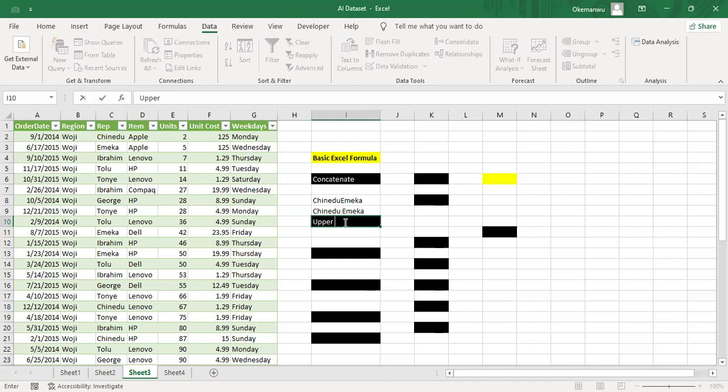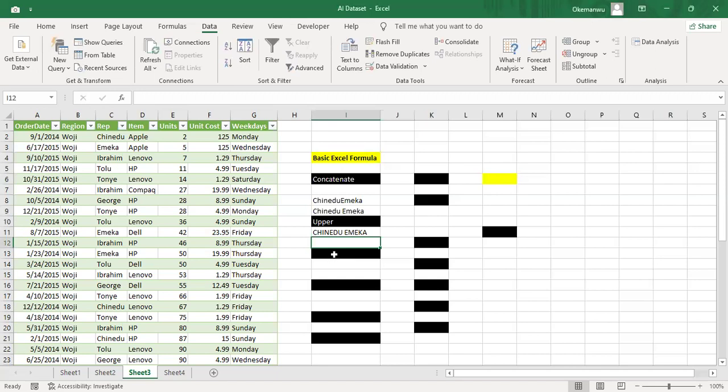Upper helps you to convert all the letters in a particular cell into capital letters. I'll select the text I want to convert to upper, close the bracket and press enter. Everything becomes capital. In some cases, when you see information in capital letters and you don't want it that way,